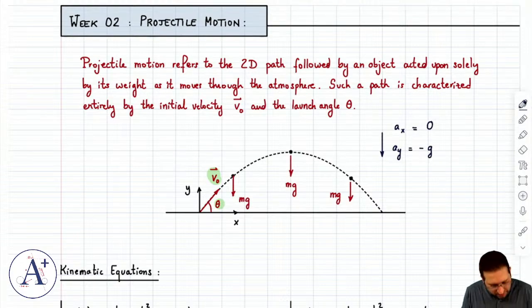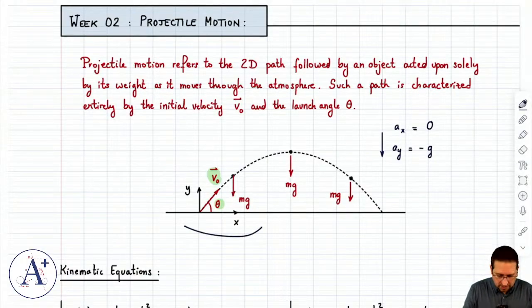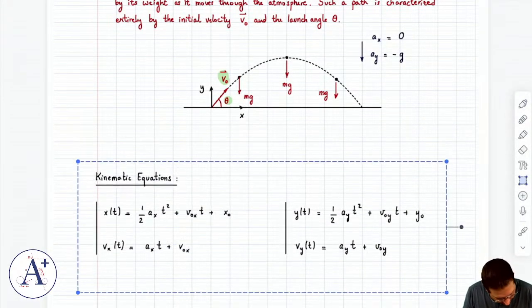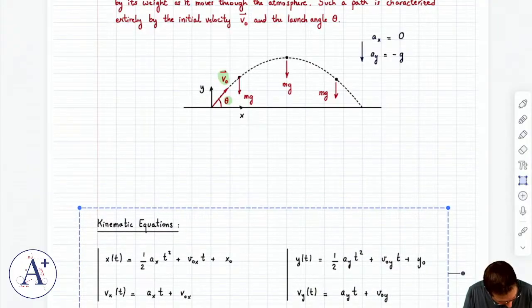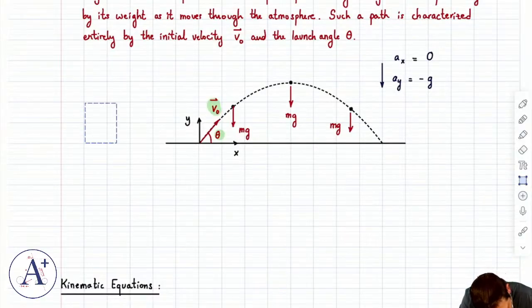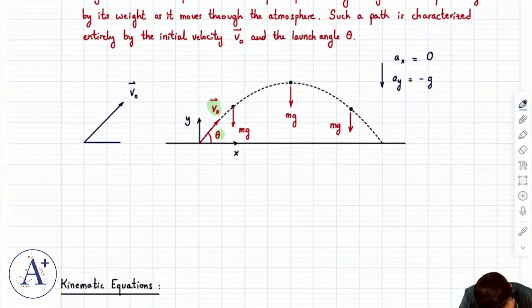Then we need to figure out the components of velocity, right? Because if we look at it, initial velocity v0 is not purely along x or purely along y. It's along both. It launches both to the right and upward. So let me make a little bit of room so that we can work out some details here. We're going to need to find the components of v naught. Okay, so let's say this is v naught. It's going to have two components, right? It's going to have an x component, call it v naught x, and then it's going to have a y component,